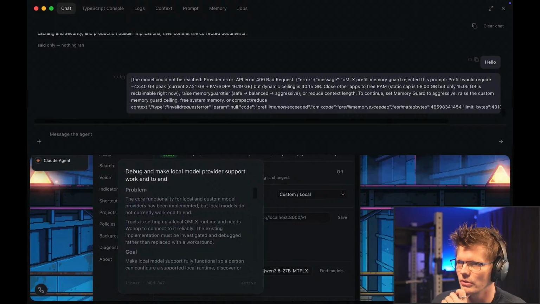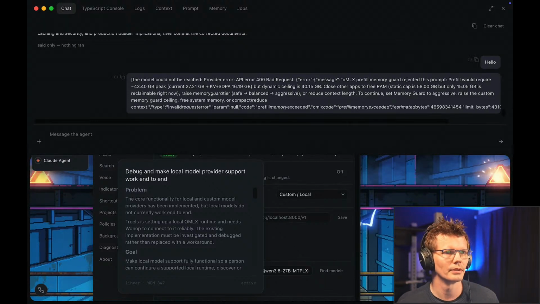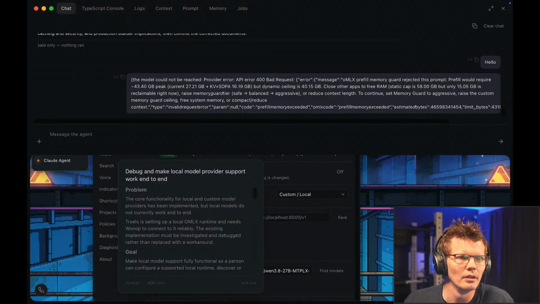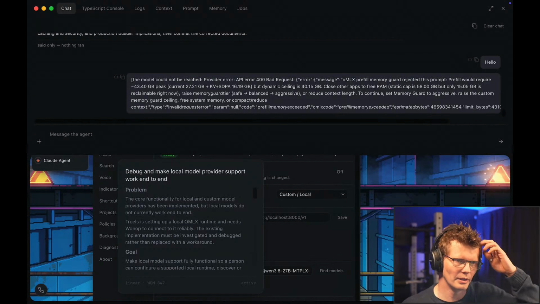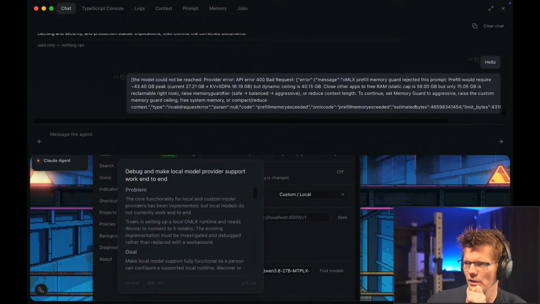Okay, well, this is good news. So at least it responds and it doesn't reject our API key. Okay, let's see. So it wants us to do some settings updates. Prefill would require... You know what, let's just get a smaller model while we are building this out, because I feel like this